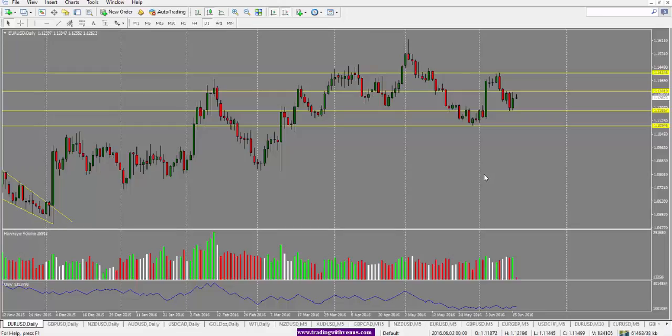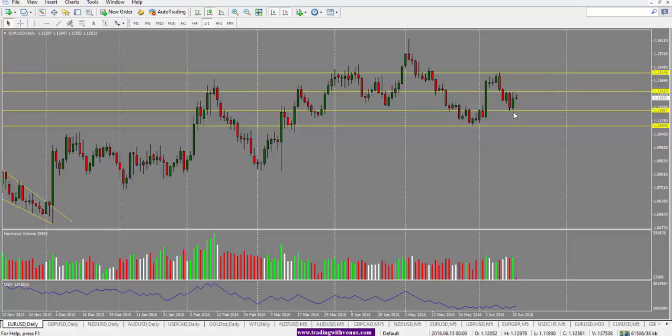Let's move on to our charts here. We are looking at the Euro US dollar daily chart. At this point, we will treat this as a range bound market. Even with the negative or dovish Fed statement, we haven't seen the price break above the 1.1300 level. So if the price comes back into 1.1300, we'd be looking for a selling opportunity and a reversal pattern here. And likewise, if the price comes into the 1.1180 level, we'd be looking for a reversal pattern to go long. However, if the price manages to break above 1.1300, then that would be a breakout trade, and we'd be looking for price to continue on to